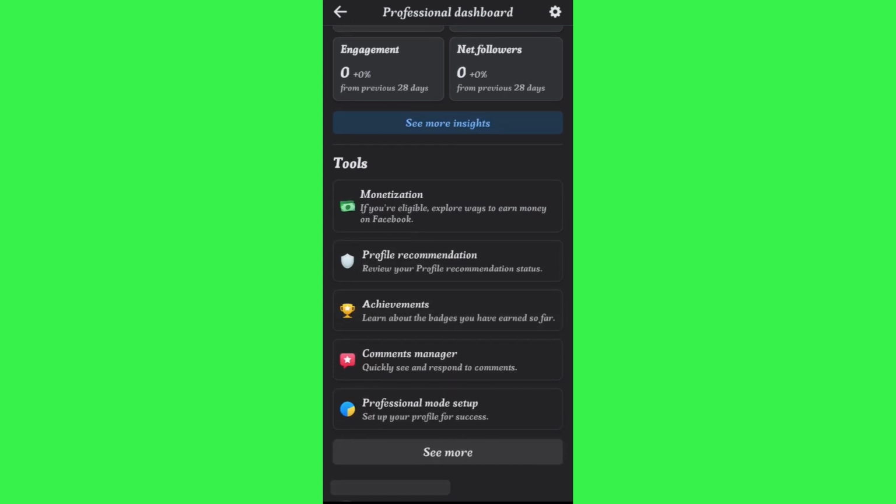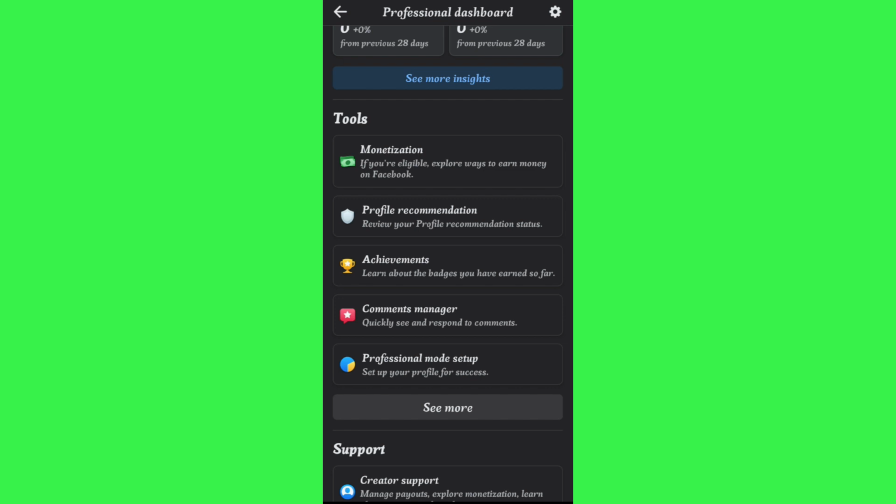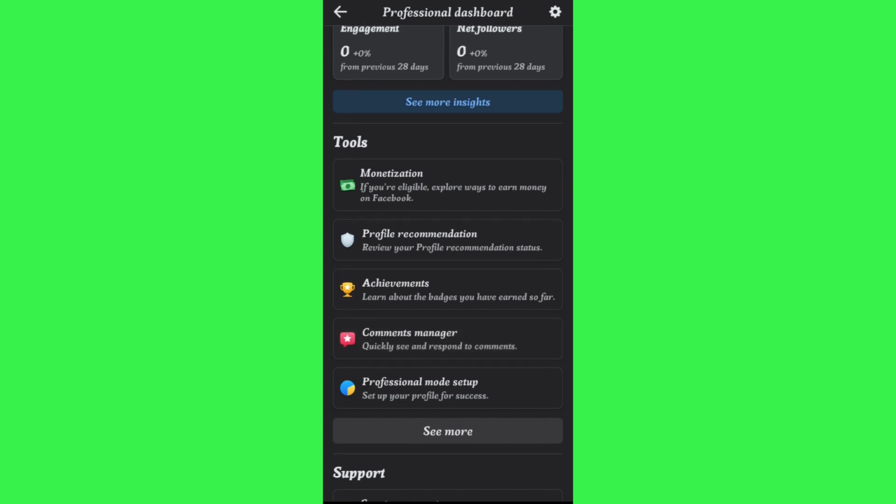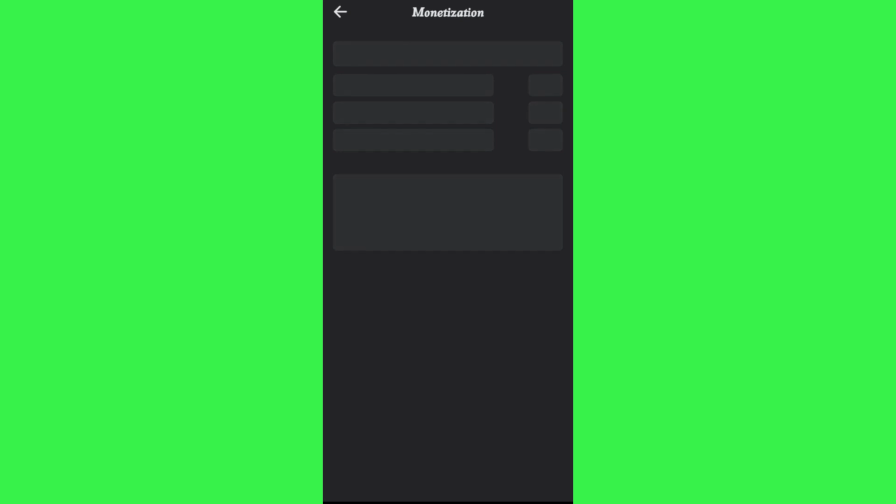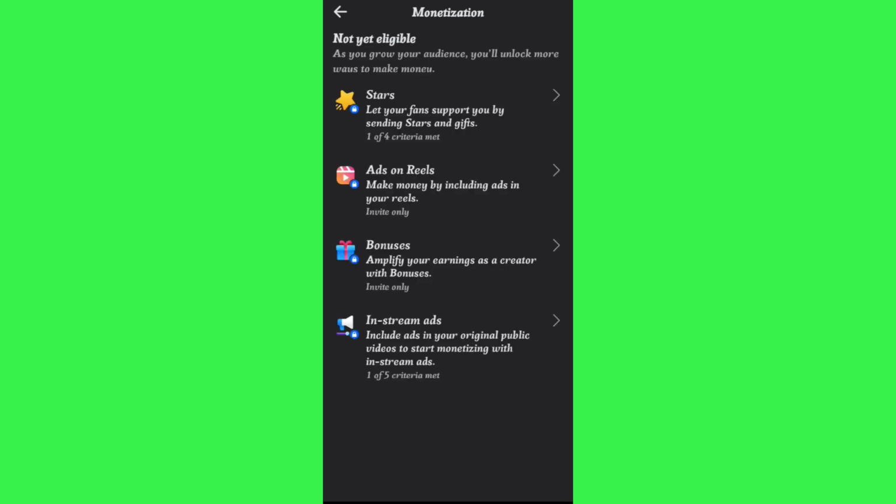So over here you need to scroll down, and in the tools you are going to see the option of monetization and the prompt which says that if you are eligible you can explore ways to earn money on Facebook. So if you tap on the monetization option, you will land on this page where at the top it will show you whether you are eligible or not eligible for monetization. As you can see over here, currently my account is not eligible for it,